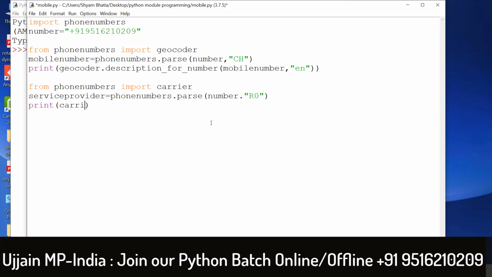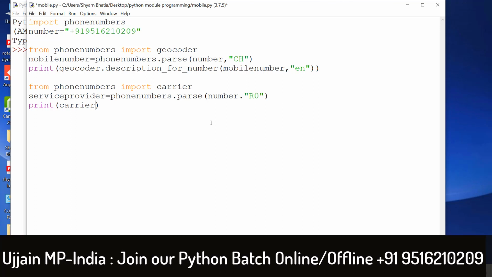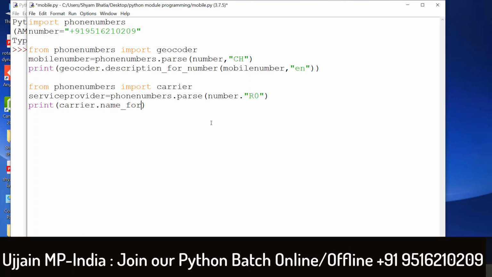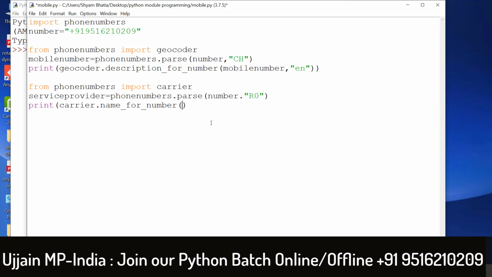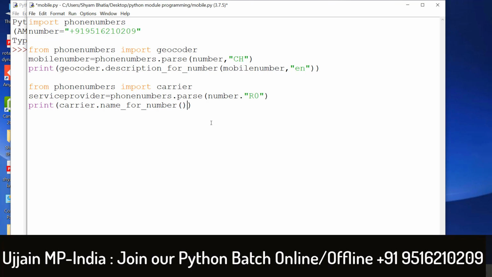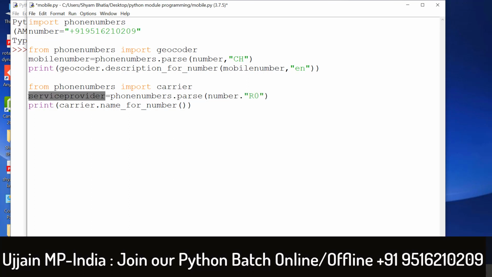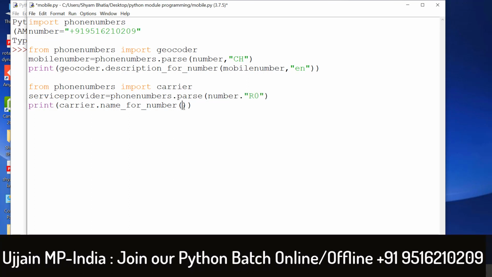carrier dot name for the number, and inside you will pass the service provider, nothing but this is the service provider.